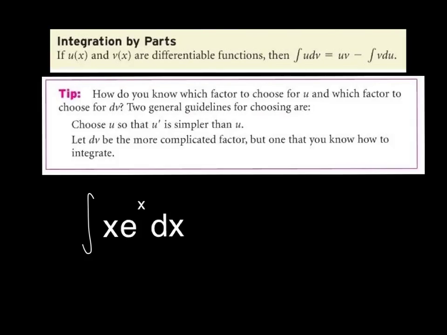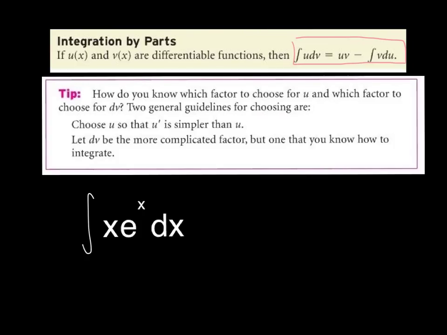So again, integration by parts is used if we have the integral of a product of two functions where one is the derivative of a function and the other one is just a function. Don't worry about that too much right now. Just notice this formula here. The integral of u dv is equal to uv minus the integral of v du. So in other words, we're going to use this formula to evaluate an integral like x e to the x dx.